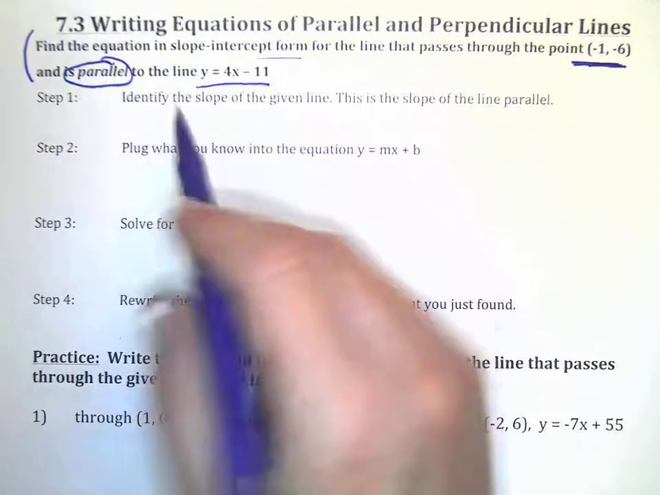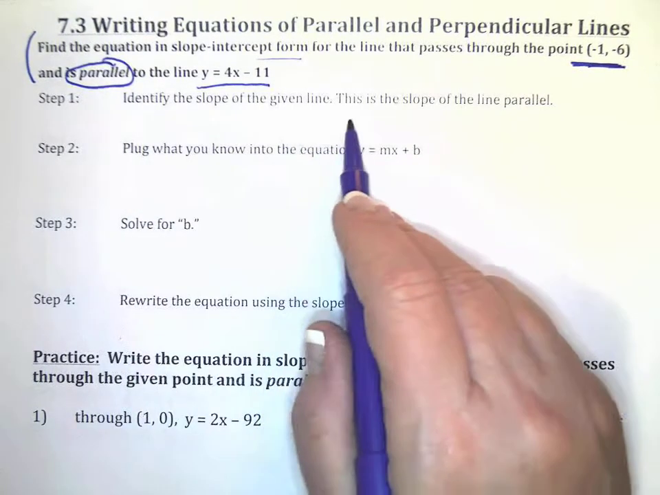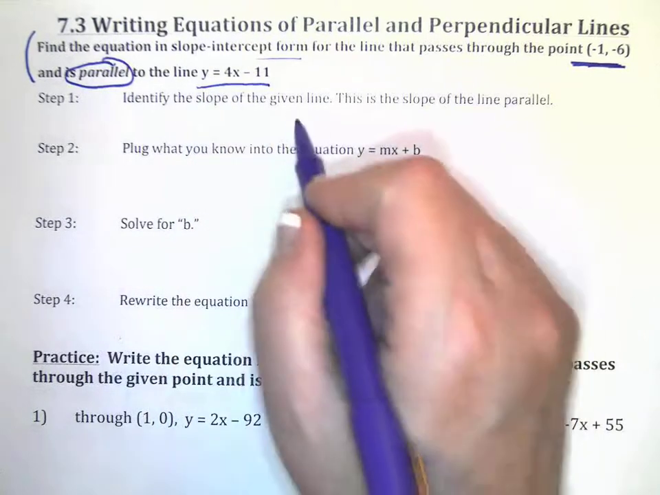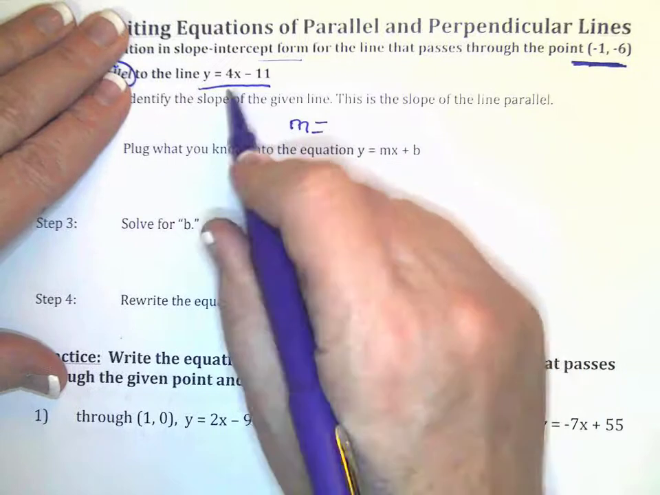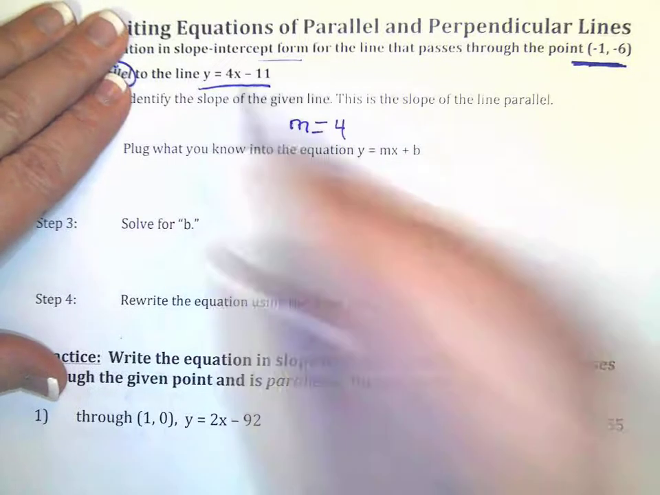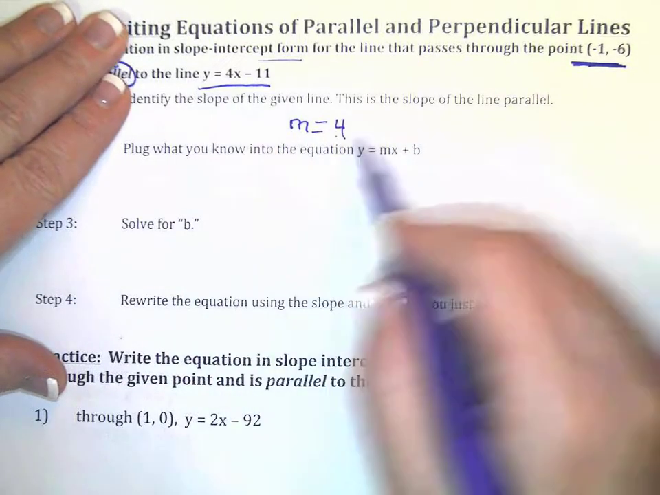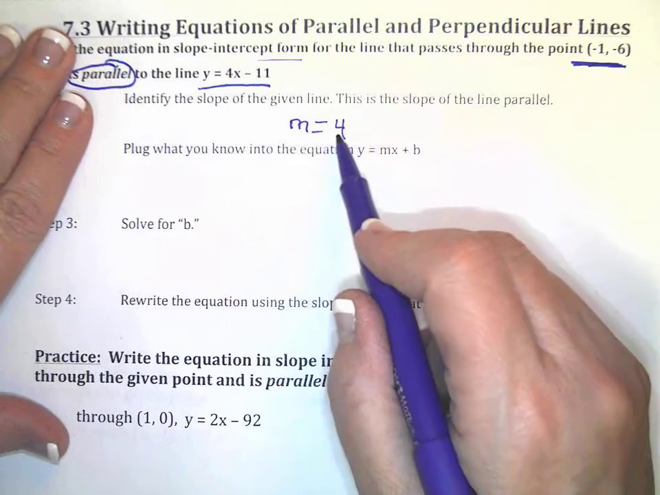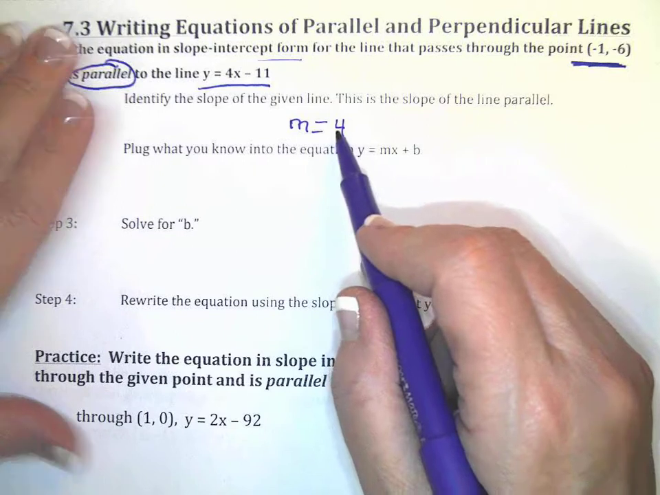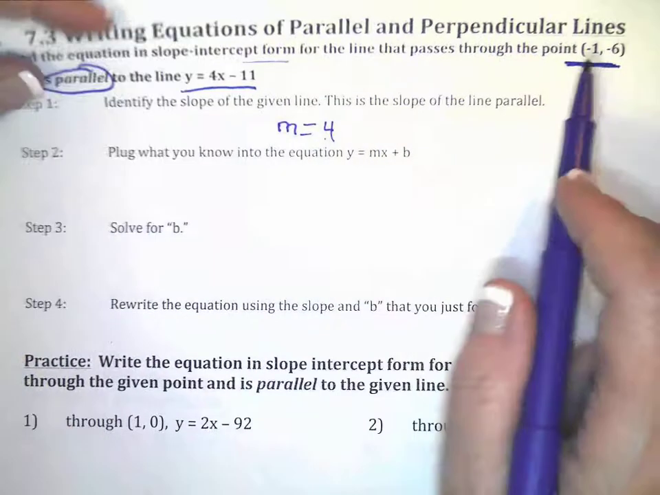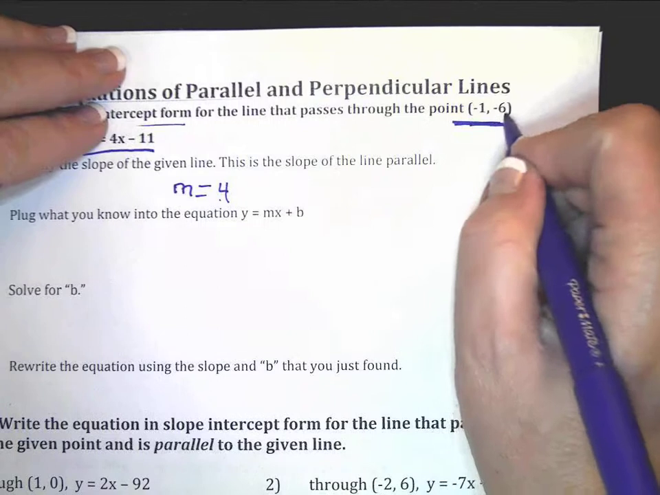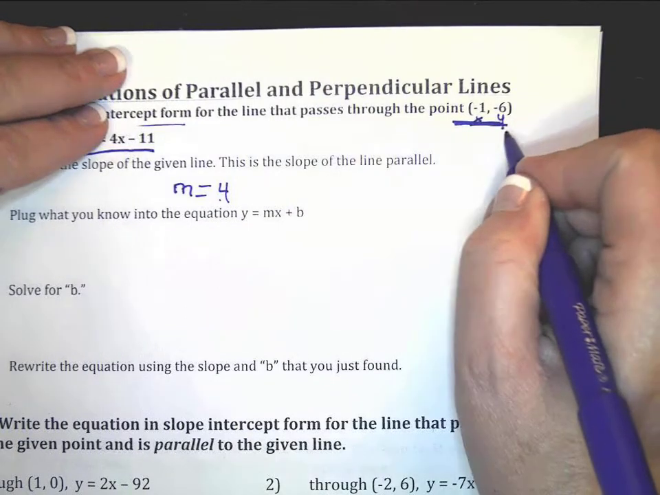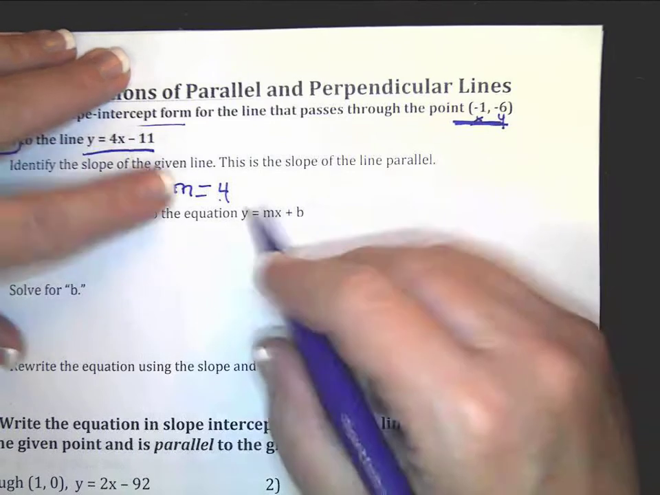So step number 1 is to identify the slope of the given line. So this given line is y equals 4x minus 11, and it has a slope of 4, because that's the number in front of x. Well, this slope is going to be the slope of this new line that we find. So we're going to use this slope of 4. We're also going to use this point that they give us. So this point -1, -6, where x is -1 and y is -6, we're going to use all 3 pieces